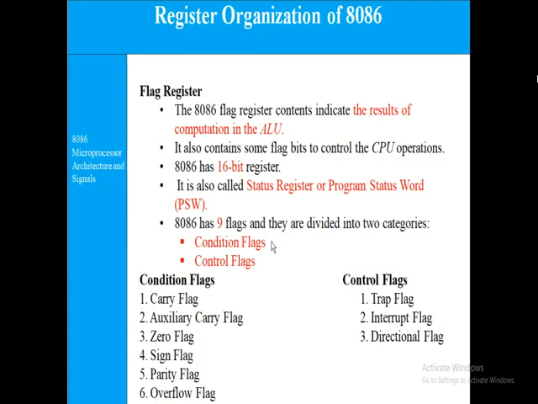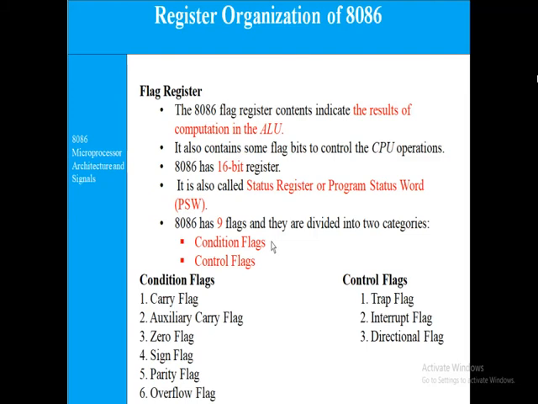Conditional flag means that according to the ALU result, these flags are set or reset. Control flag means it controls the processor. There are 6 conditional flags: the carry flag, auxiliary carry flag, zero flag, sign flag, parity flag, and overflow flag.